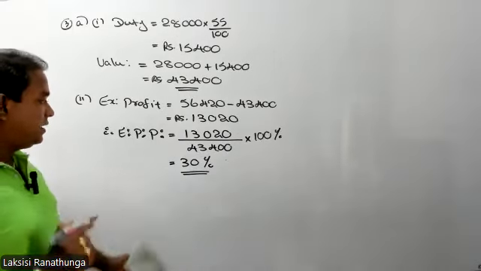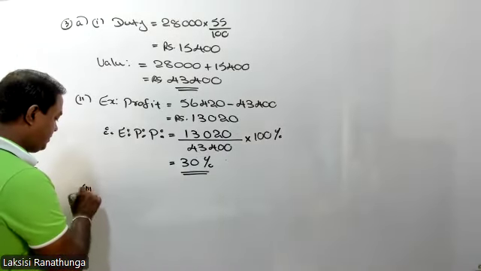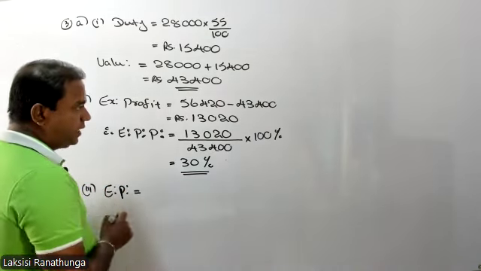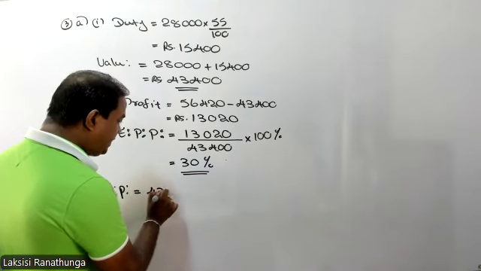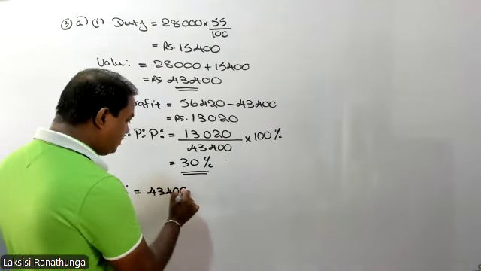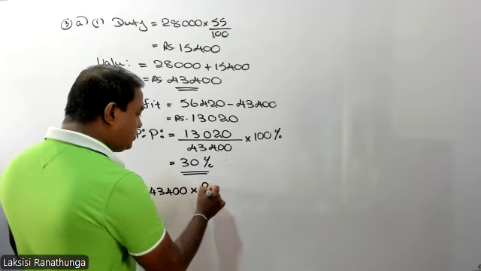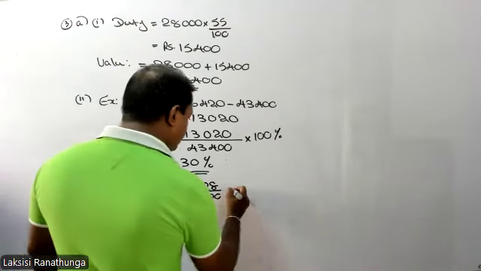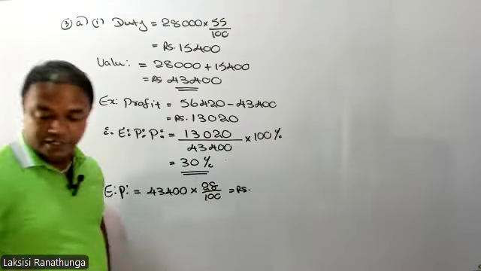Let's find earned profit from number 3. Earned profit is cost price 43,400 multiplied by 28%. That means 28 over 100. So the earned profit is